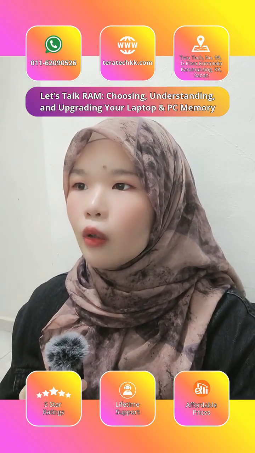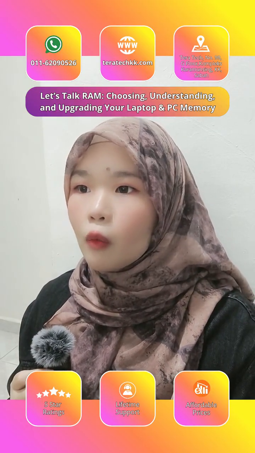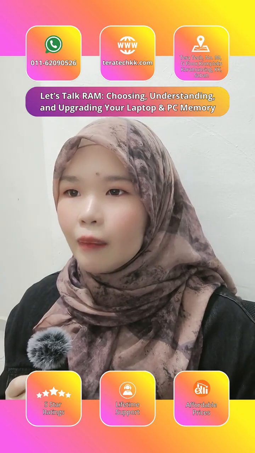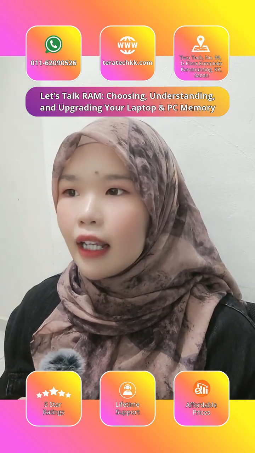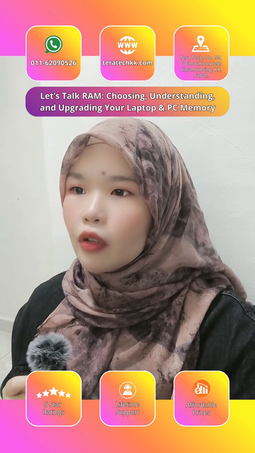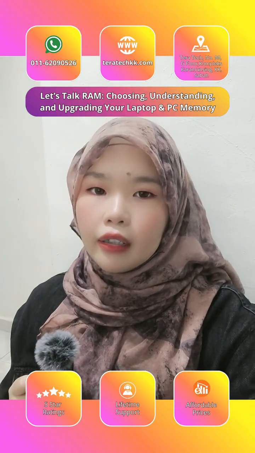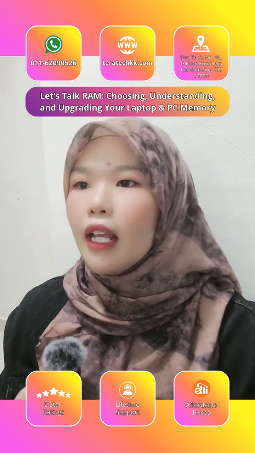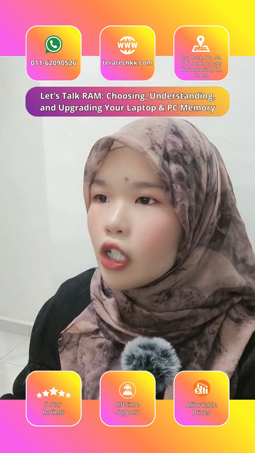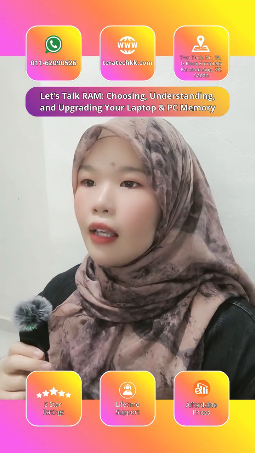Okay, so at teratech here we also will check if your problem is RAM related or GPU related before recommending any upgrades. Okay, some laptops allow an external GPU setup, so maybe we will recommend an eGPU dock if needed. Okay, so no worries about that. If you have any inquiry, just drop the device at our shop and then we will check it for you for free before you purchase. Okay,